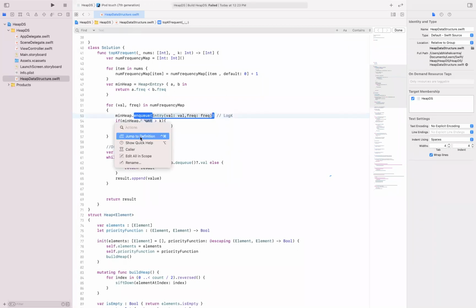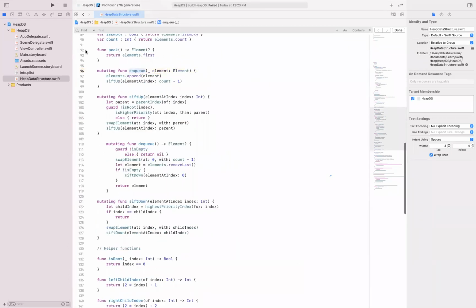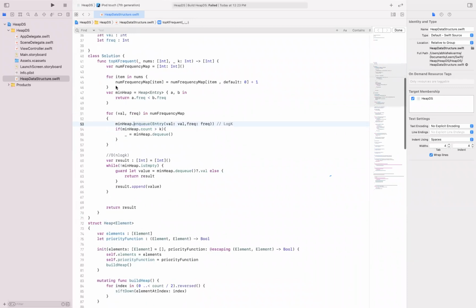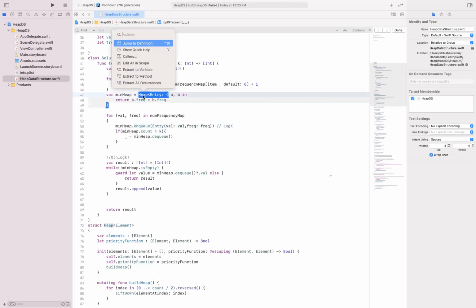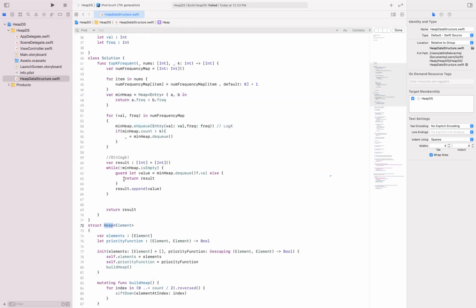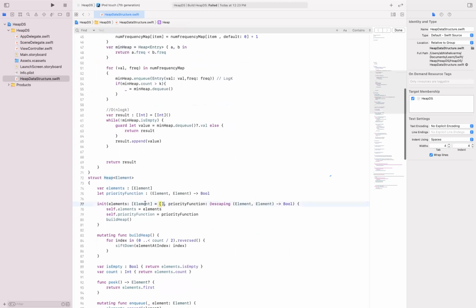No, if you see the code, my heap is started with empty entries, like I didn't pass any element at the very beginning. I just passed the priority function when I created it. Build heap only runs if the count is greater than 0, so initially the elements are empty.